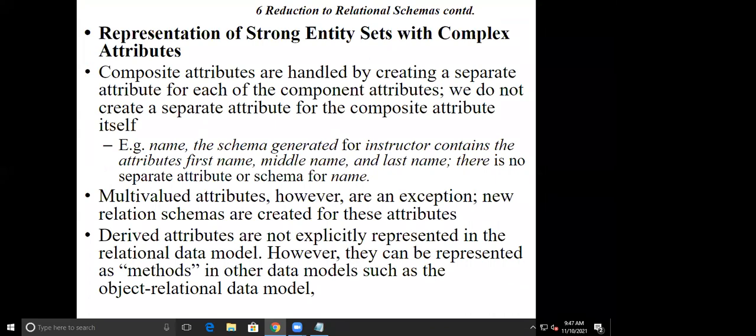Derived attributes are not explicitly represented in a relational data model. However, they are represented as methods in other data models such as object relational data models. So in terms of MySQL also, we can go for calculating the age, etc. It means some basic functions are already defined, but complex methods are not there.